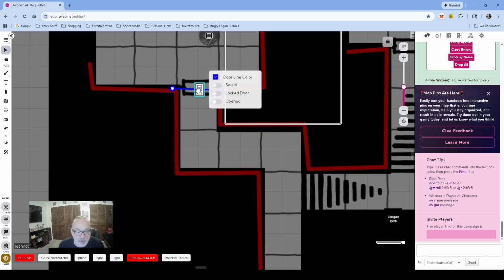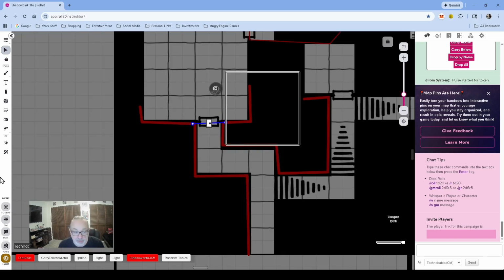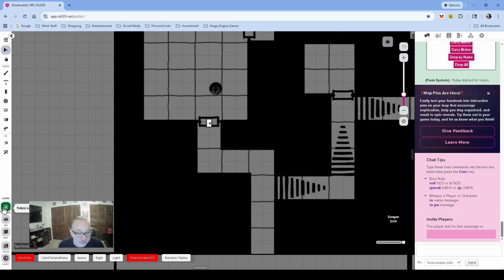And I just grab it, put it there so it lines up. Then just grab the end of this one, put it there. And you can change the door to be locked or secret or opened or whatever. So now if anyone goes into this area, for instance, this guy's coming up